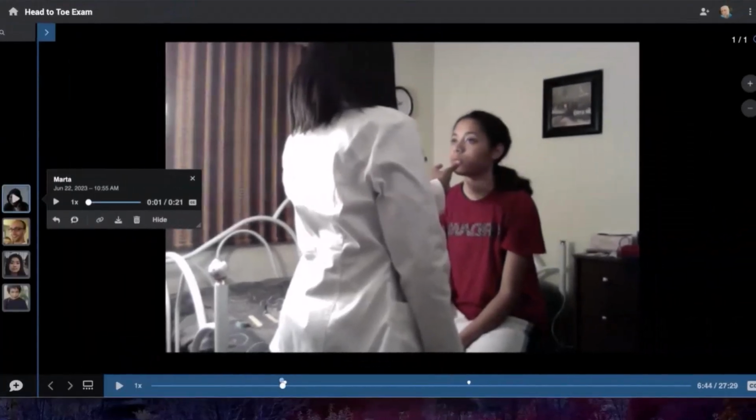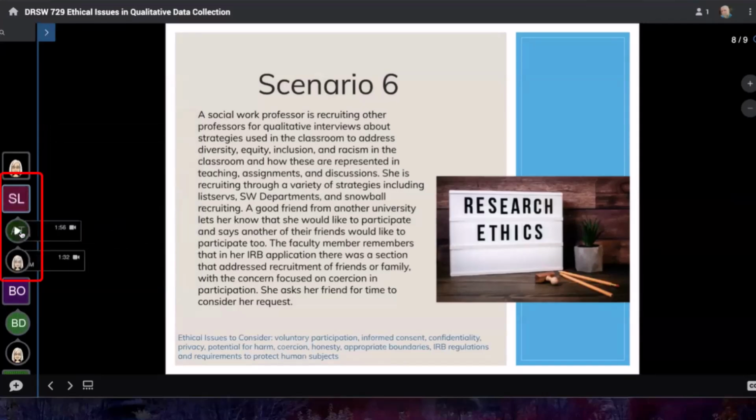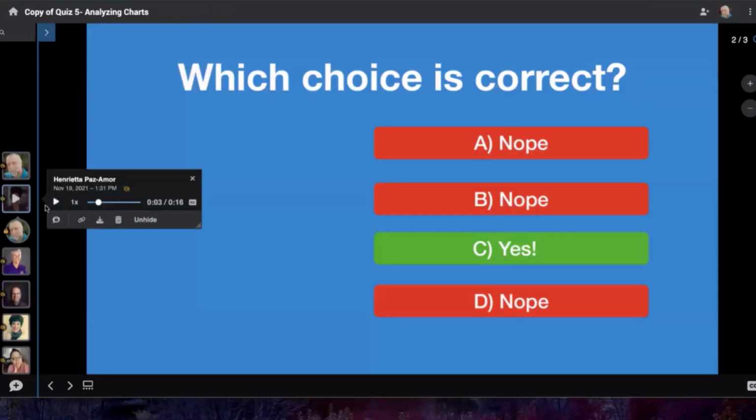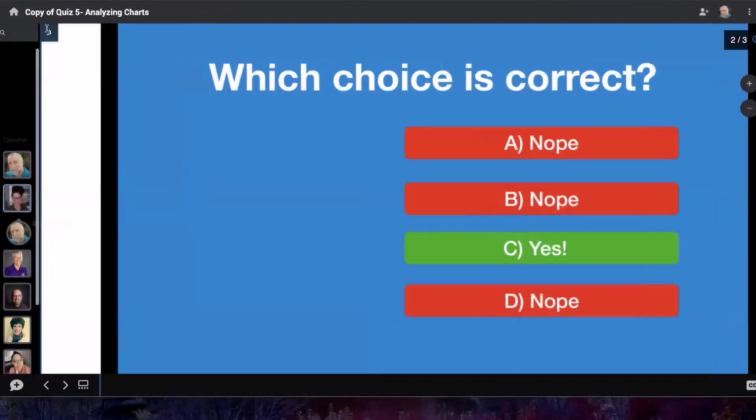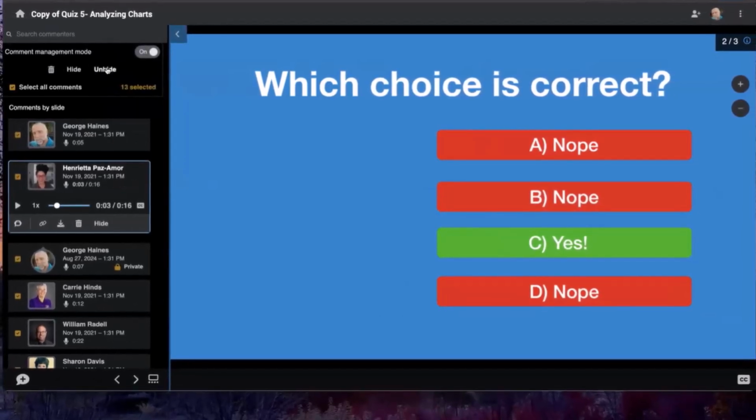All right, and you can see that in a number of examples here. In this discussion, you can see there are threaded replies to this comment. Underneath, you can see there are threaded replies to that comment. So you can record threaded replies wherever you like. Let me reveal these comments here. I'm going to unhide all of these.